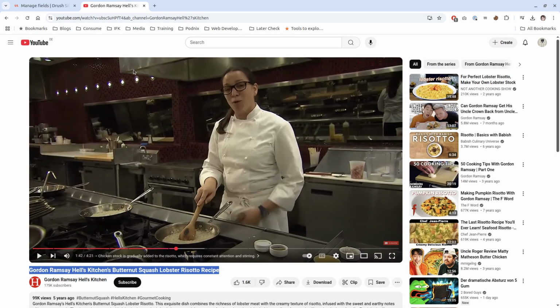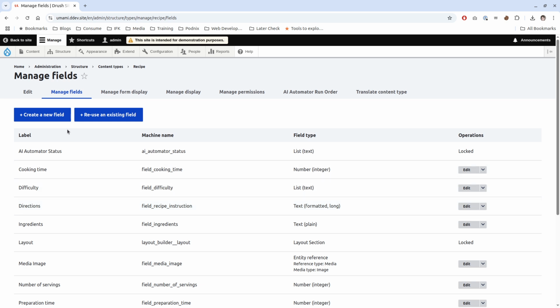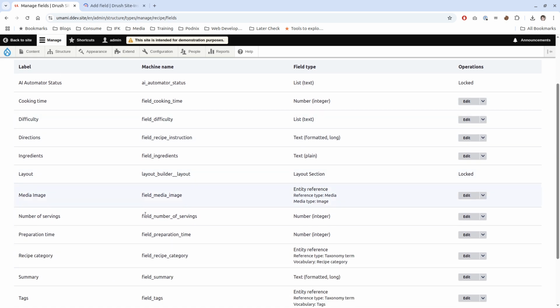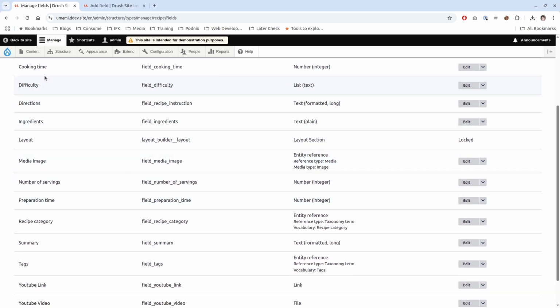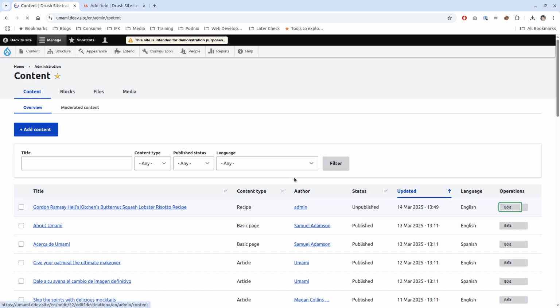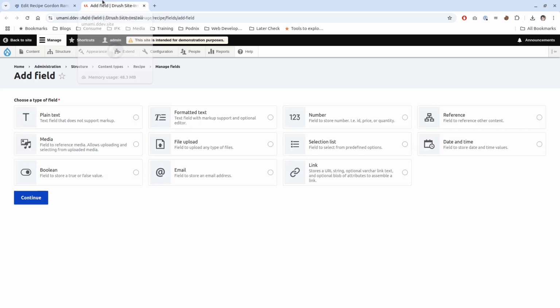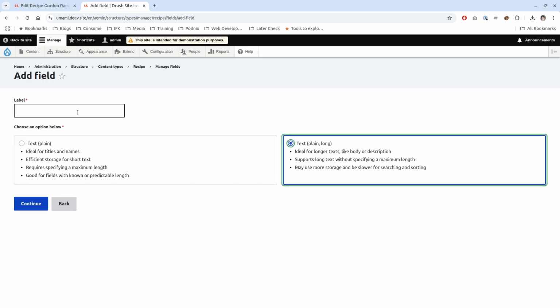We can close this again. And I'm gonna create a new field, but I created a new tab because I want to see everything I need to. Well actually, let's go to our content, and we're gonna check here what we need to fill in, because what we're gonna do now is that we're gonna take a, well, should we take formatted? No, just take plain text, text plain long, and we call this video description,